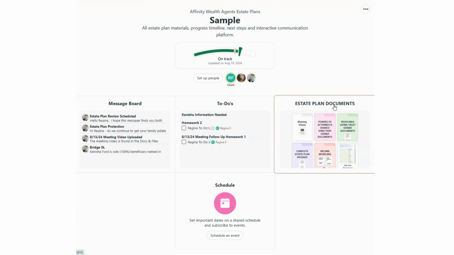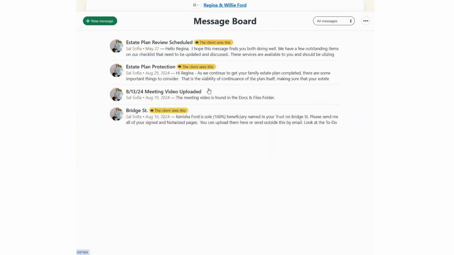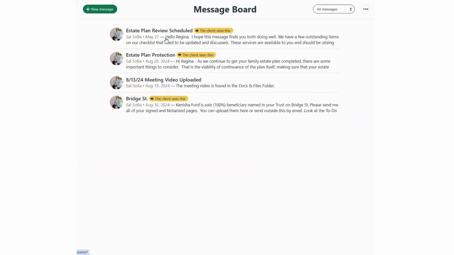There's no need to try to email people over and over again where they do not recognize the purpose of the email. When they receive an email from this platform, they know it is involving their estate plan and the importance of it. So this communication platform, if you take a look at the message board, you'll see an ongoing trail of communications between the client